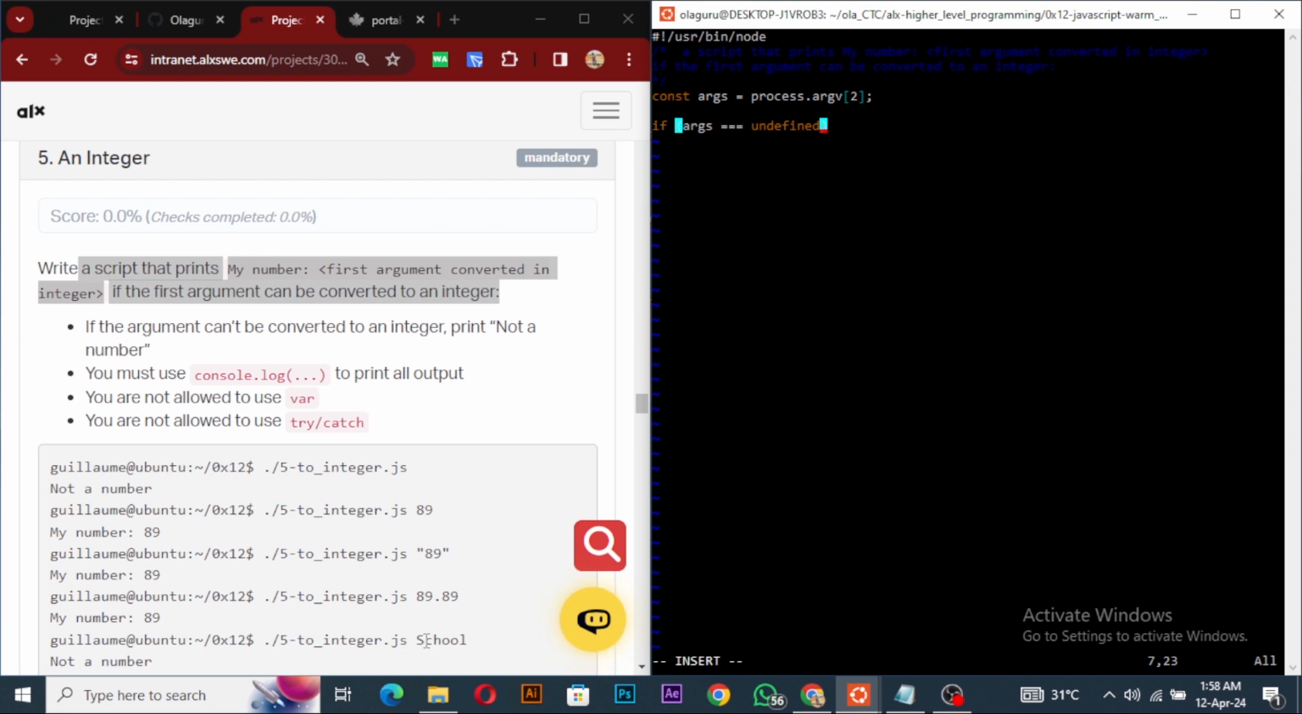And when we can't convert this one to an integer, or when we can't convert it, how do we convert it? We say parseInt, we try to convert this guy. And then if it is not a number, we use the isNaN function, pass it. So when we try to convert it and at the end it's not a number, then it should just